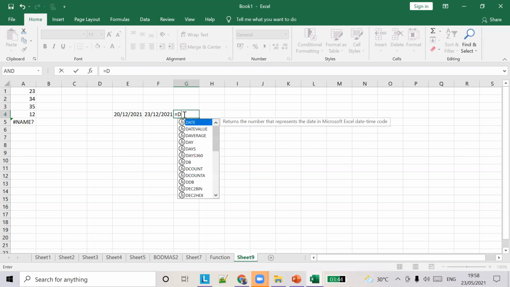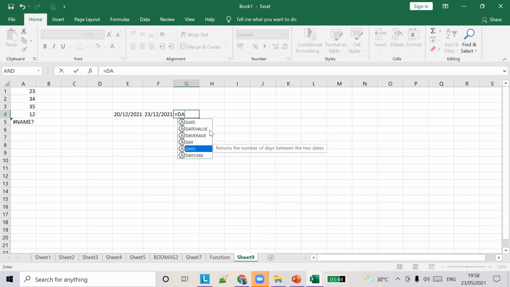Okay, date diff. There is a formula called days. You can see the explanation of the formula also. Returns the number of days between the 2 dates. That means we have to pass 2 dates. If you put the open brace, you can see the end date and the start date. So Excel helps you to write all these formulas. You don't have to mug up all these things. Even I learned this right away. I just saw this formula and I know what to type here.